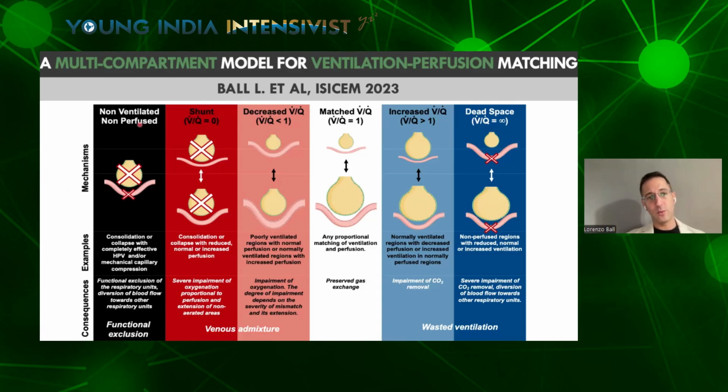There are regions, probably larger than we expect in real life, which are neither ventilated nor perfused. We have seen it in COVID-19. These were the areas in which there was both viral damage and local thrombosis, which impaired both ventilation and perfusion. And to some extent, the functional exclusion of these areas is similar to what happens when we do a lobectomy.